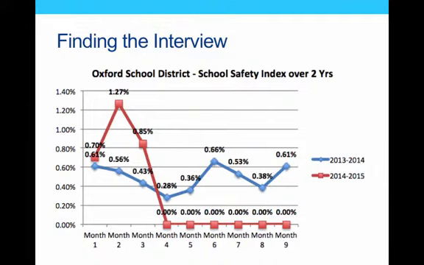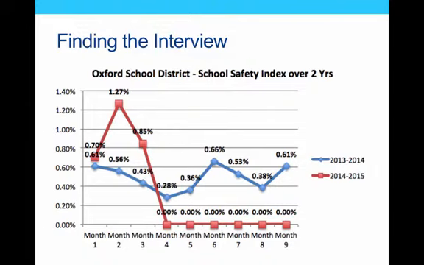So the Oxford School District, the school board posts its agendas for its monthly meetings or bi-monthly meetings online. And for the last meeting, one of the things they posted is the school safety report. So this is through the first 3 months of the school year, and it's a little troubling. I haven't seen any news organizations do a story about this. I'd love to have someone in this class do a story about it. But you'll notice here that if you compare last year to this year, we're trending up. And in fact, in month 2, we were up fairly